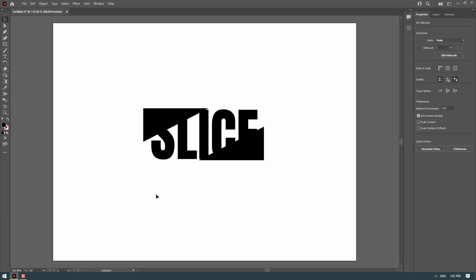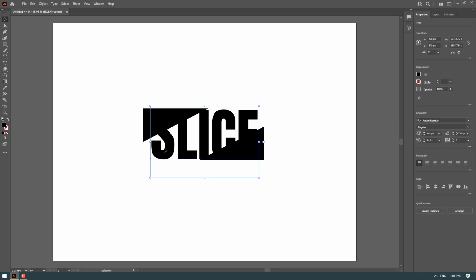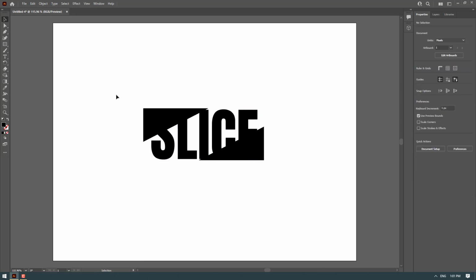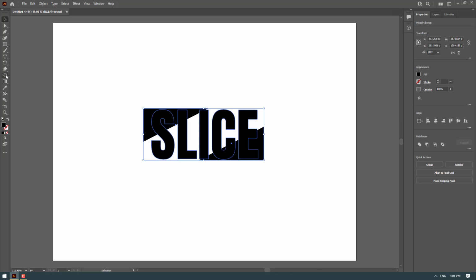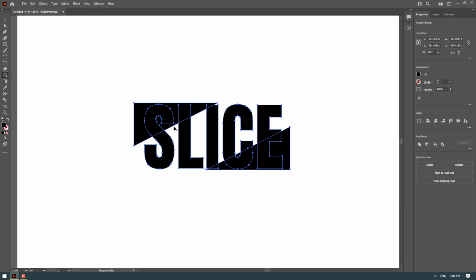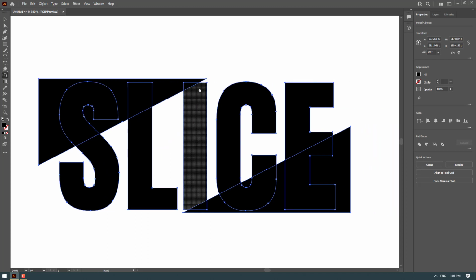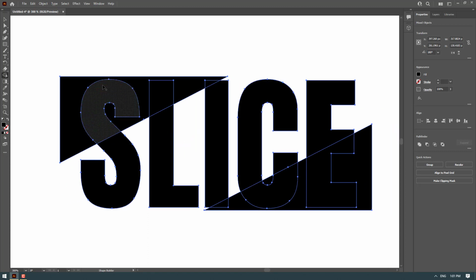Now before we use the Shape Builder tool we need to convert the text to outline, otherwise it won't work properly on text. So you can go to Quick Actions and click on this Create Outlines button, select all three parts and you can use the Shape Builder now. Now there is a plus icon attached to a cursor. You can zoom in on your canvas using Alt and scroll button,